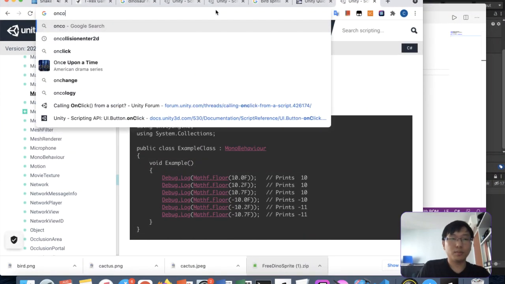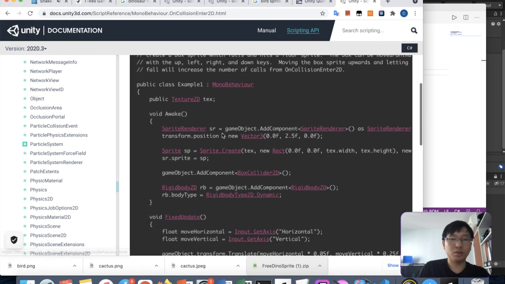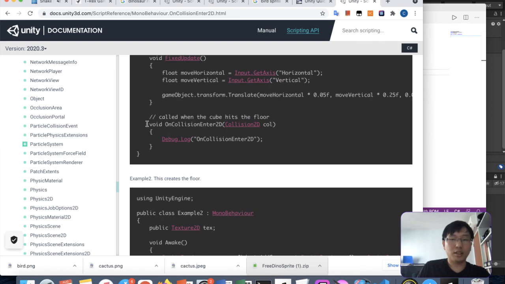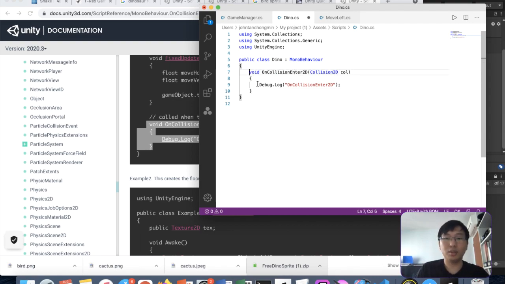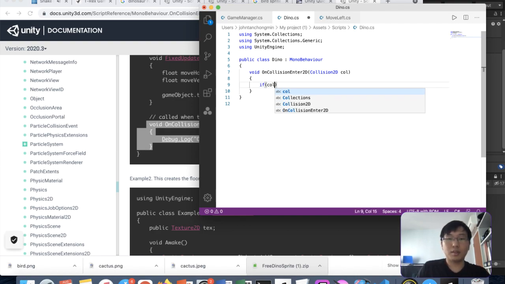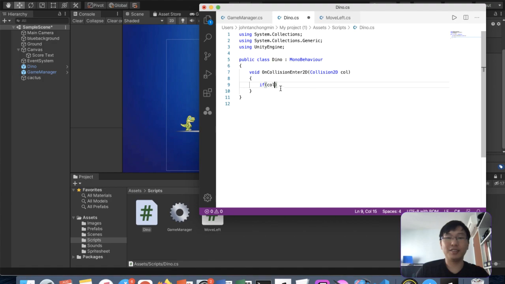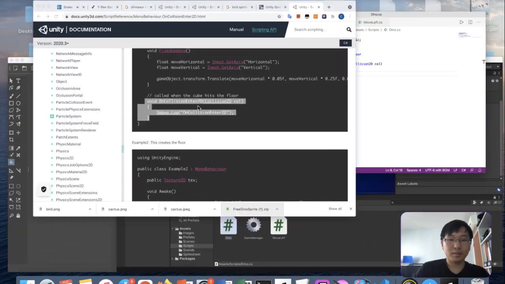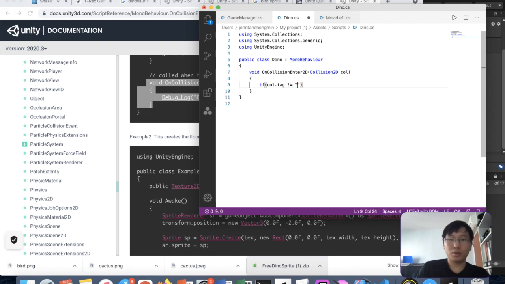So let's just do the on collision enter 2D method in Unity. Over here, void on collision enter 2D, collision 2D. So this happens when you collide with another collider. Over here we should check for the other collider because sometimes maybe we'll collide with the ground also. So if collider dot tag not equals to ground,